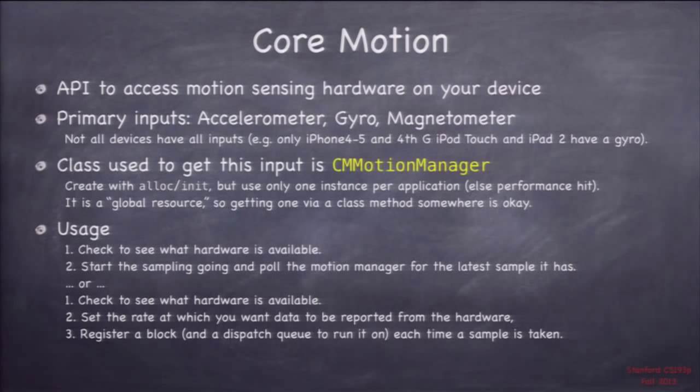So how to use the Motion Manager? Just like with Location Manager, first you check to see what hardware is available. Then you have two choices of how you want to do it. You can set some sampling going and then poll the Motion Manager. Okay? What's the current acceleration due to gravity in these three directions, for example? Polling we don't like. I have a slide on that, but you're going to see I'm going to blast right by it, because polling, not so good. The second way is that you basically put a block on a queue that will get called every time, at whatever rate you say, to tell